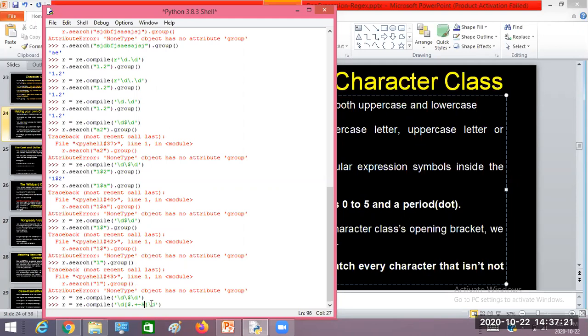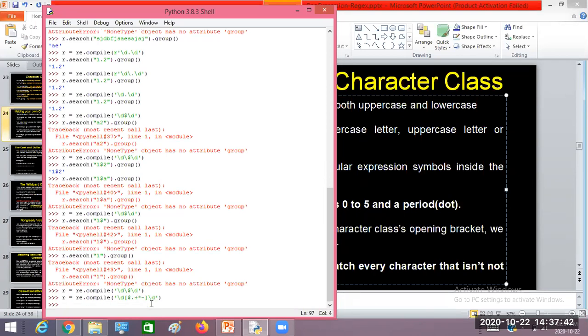Because if you write something after this one, it is going to take it as a range between plus to 5. That way it is going to consider. So that's why minus should always be written at the end, right? Suppose I write another special symbol like plus, a star is there, you can write that, right? Now look at here. Now it is going to match